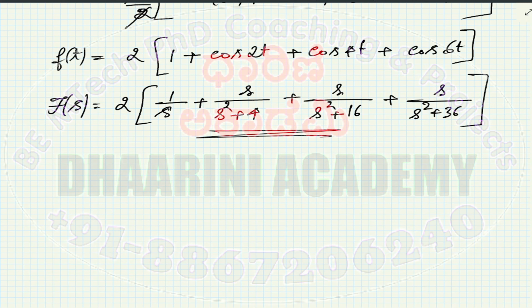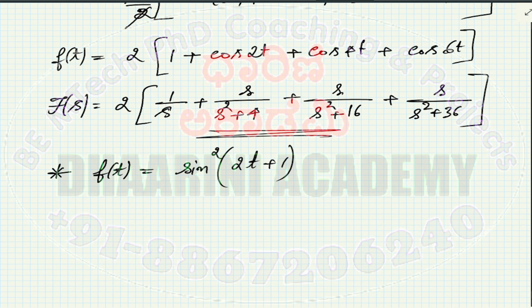So the next question, f of t is equal to sine square of 2t plus 1. So anyway, for a sine we have the direct conversion, but not sine square. Okay, whenever I have a sine square, I'm supposed to convert this into a simplified format. So we use